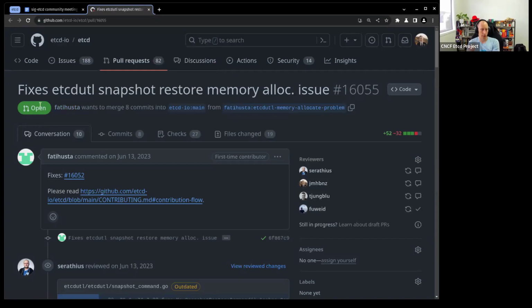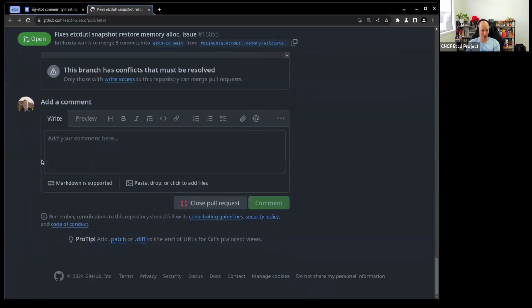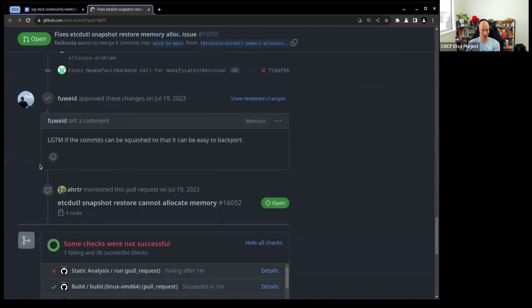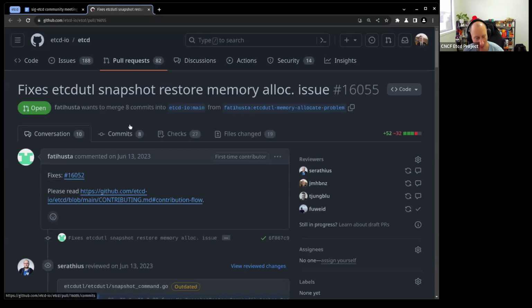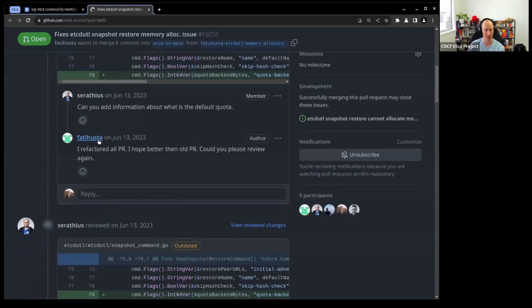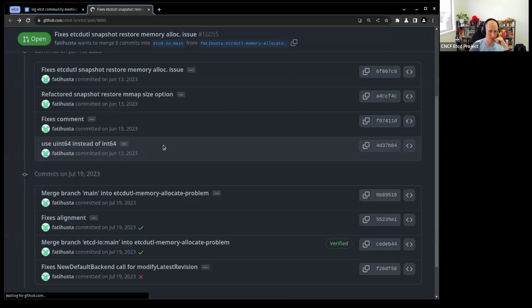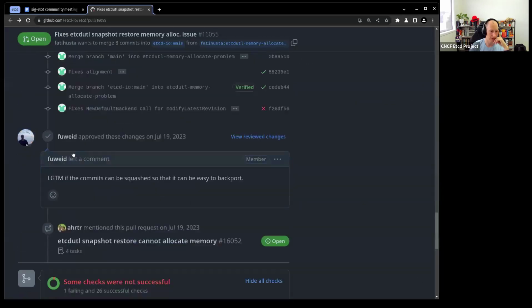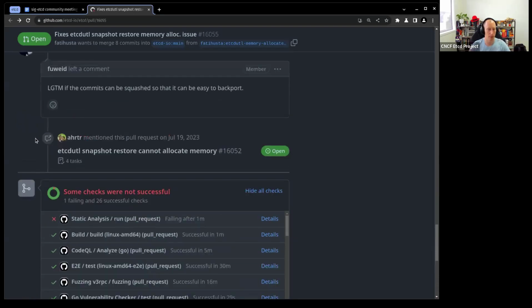Oh, okay, yes. So I found this PR earlier this morning, and it looks like it was awfully close to getting across the line. All the contributor needed to do was just squash commits, because they had 8 separate commits for what was a pretty, I mean, it's not a huge change. So to make life easy when we go to backport things, it's much better if we can just merge these sorts of things as a single or couple of commits.